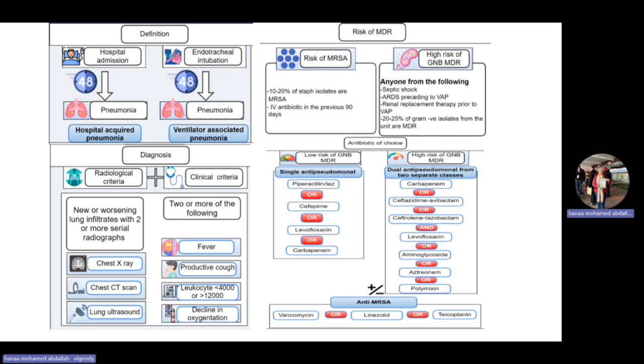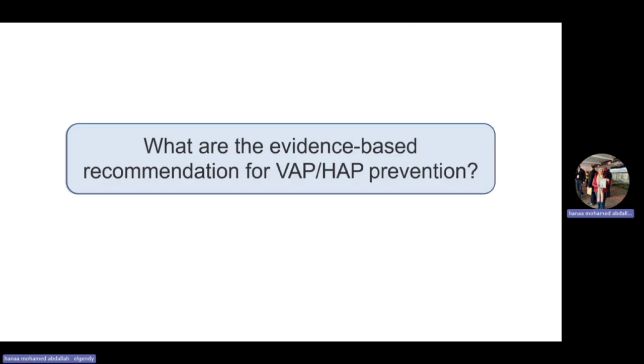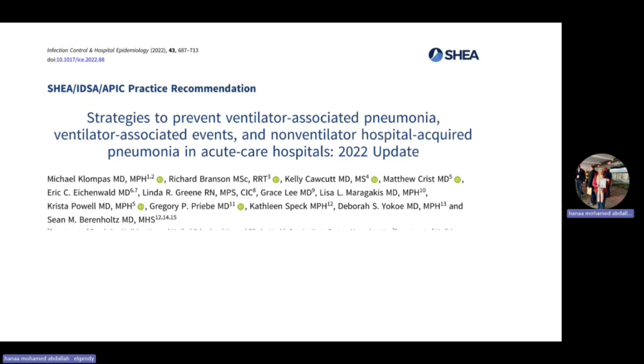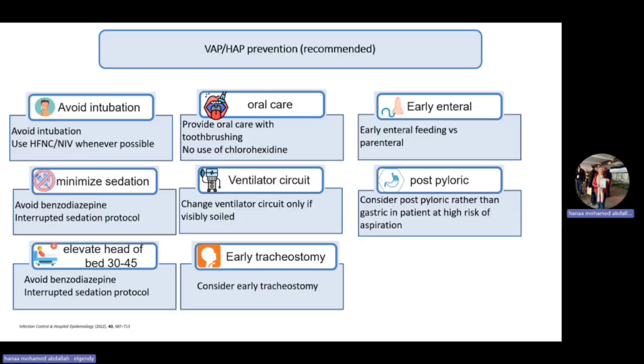Antibiotic choice: for the low-risk patient, a single antipseudomonal agent with or without coverage for MRSA, while in high-risk gram-negative MDR, we should start with dual antipseudomonals from two different classes of antimicrobial, plus or minus coverage for MRSA. What are the evidence-based recommendations for VAP and HAP? According to the guidelines, we recommend that